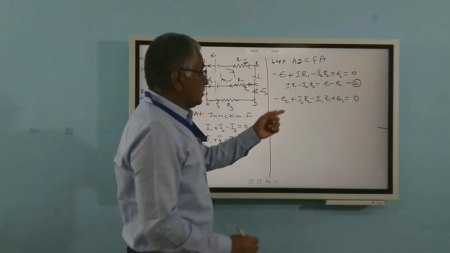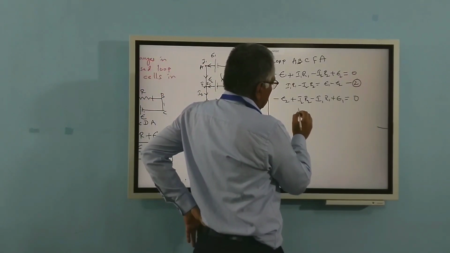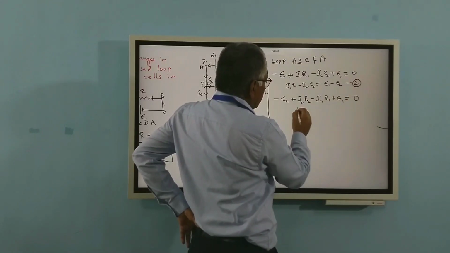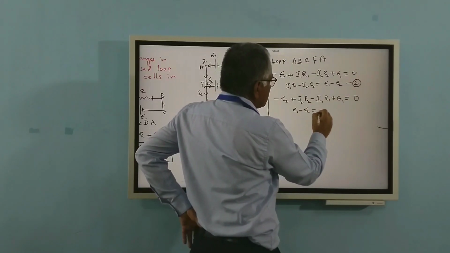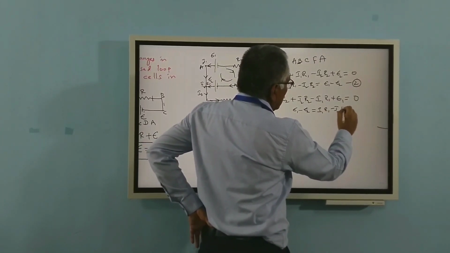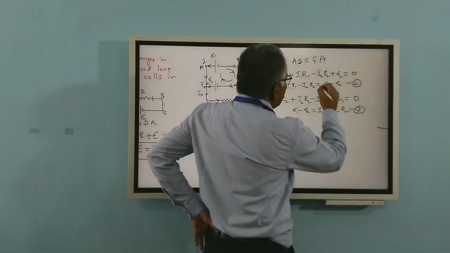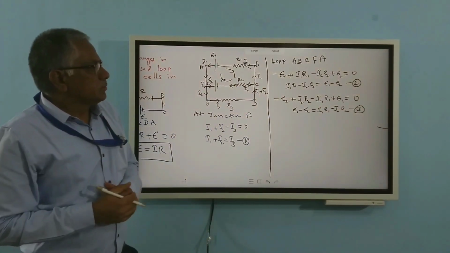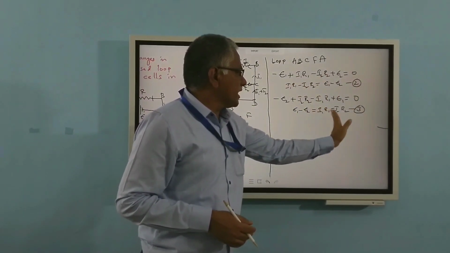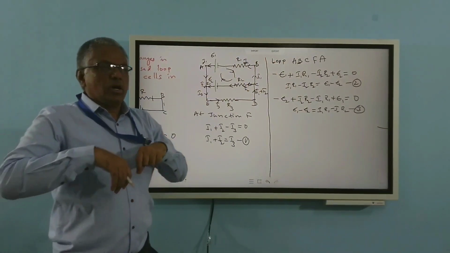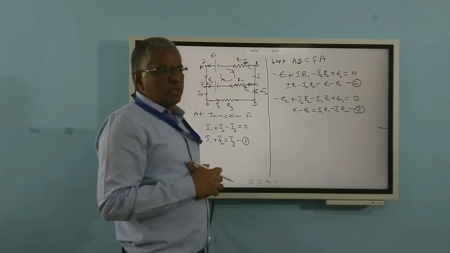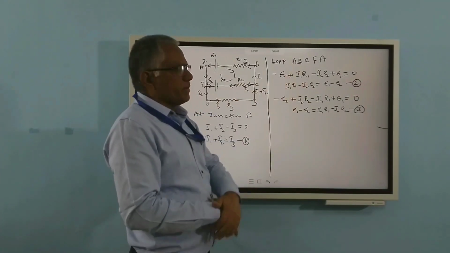Now I can write here, same thing. Take I2 R2, I1 R1, RHS side. E1 minus E2 is equal to, this becomes plus I1 R1 minus I2 R2. Equation 2 and 3, are they equal? Yes, both are equal. Both are E1 minus E2 equal to I1 R1 minus I2 R2. Therefore, however you take, whether the clockwise direction or the anti-clockwise direction, the value does not change. That is when we get the same equation.